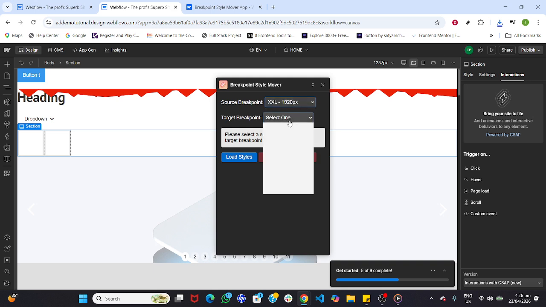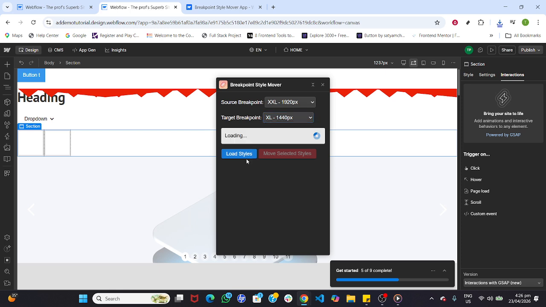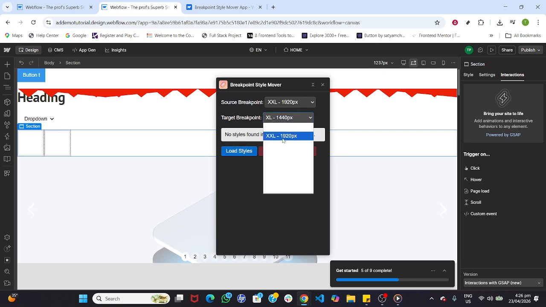With the app installed, you'll see its panel available in the designer. Open Breakpoint Style Mover. You'll notice drop-downs labeled Select One. In the first drop-down, choose the source breakpoint, the one you want to remove the impact from. In the second drop-down, choose the destination breakpoint, typically the base, desktop, or another target where you want those styles to live. Click Load Styles to fetch the list of classes and properties that are currently unique to your source